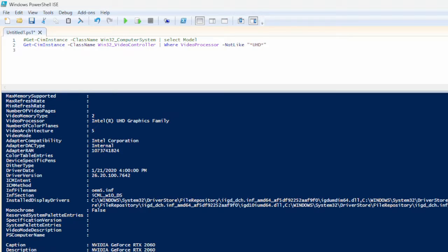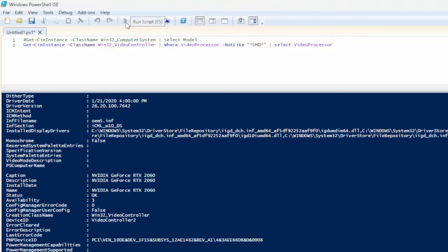So what we're saying is we want the video processors where UHD is not in the description of that item. And then we're going to pipe that one more time and say Select VideoProcessor. So now if we run that again,